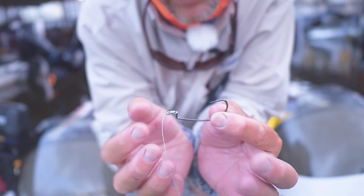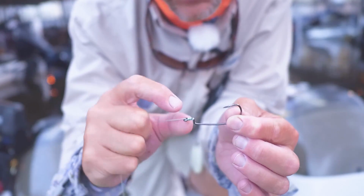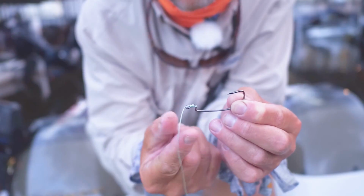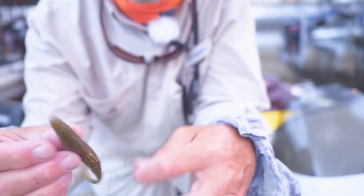The other advantage is when you put soft plastics on here, you wind up the entirety of your knot and whatnot winds up being in front of the plastic, because you're not tying to the end here where sometimes your knot sticks out the end of the soft plastics. You're tying back here so that your knot is completely hidden by the soft plastics, and that enables you to fish some things. I'm just trying to snatch it up and see if I have a Senko here or anything for that matter. Pretty poor planning on my part, but here we go. You can see it on here. In this case with this fluke,